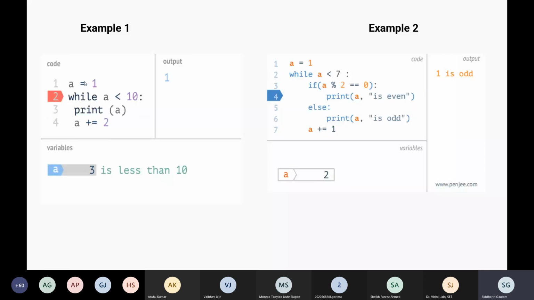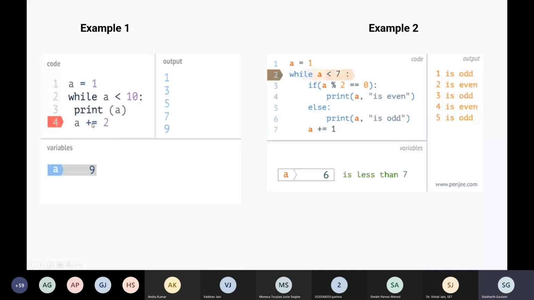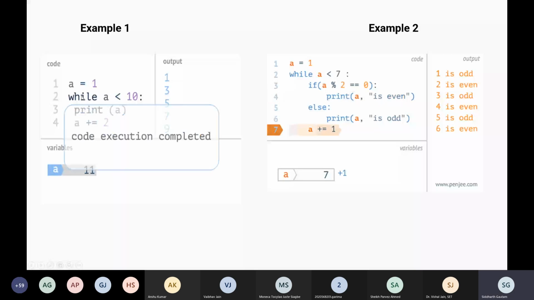In the first loop, we get the output 1 because that is the value of a. In the second loop, because we have already added 2, it turns into 3. Then it turns into 5, then 7, then 9. It's already 9 here, and the next time we print this, it will turn into 11. Since 11 is not less than 10, we exit this while loop.